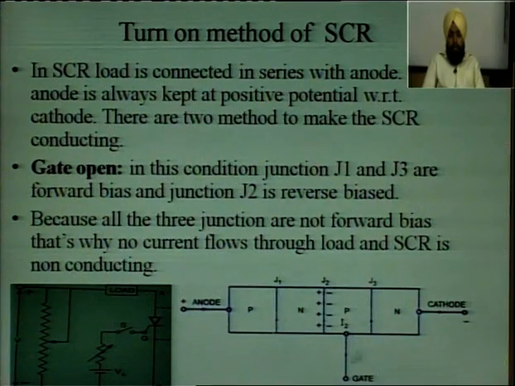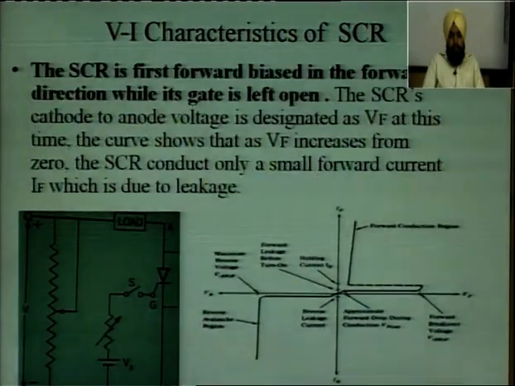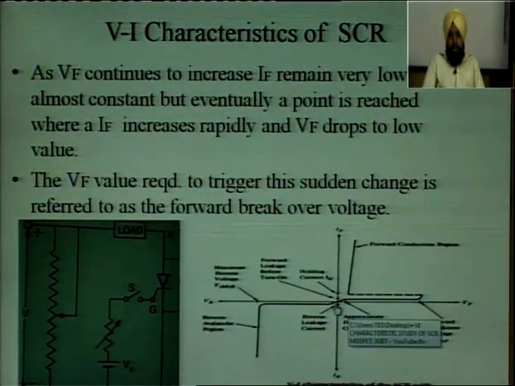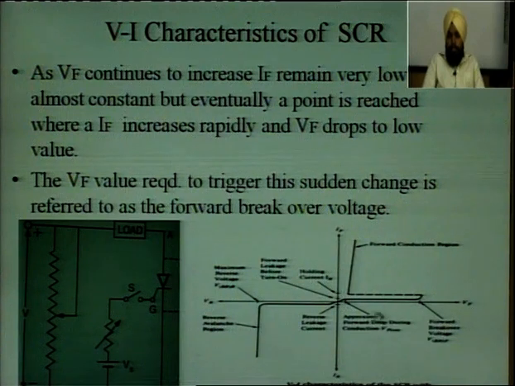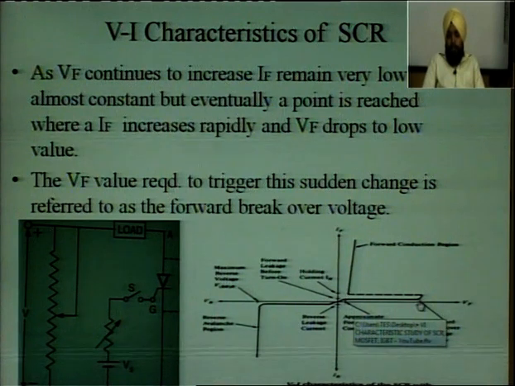Now, so no current will flow through from anode to cathode if the gate is open. But if we increase the voltage, that is the anode to cathode main voltage, the forward voltage, if we increase this voltage, then a point will come where